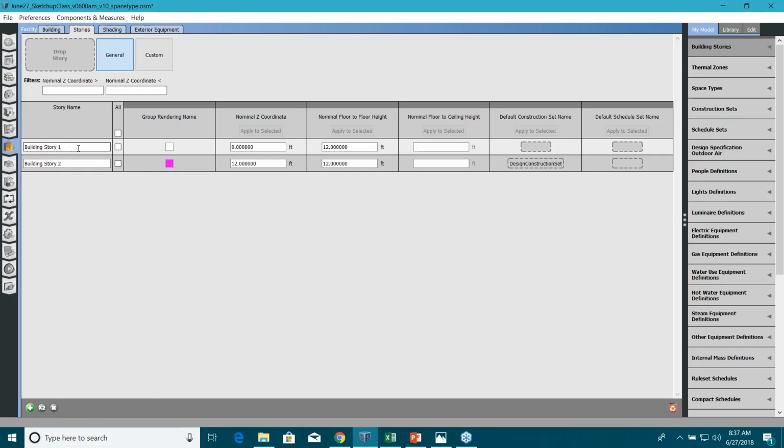In case you have multiple floors, multiple sections of your project, that were constructed in different eras, let's say one building was constructed in the 1950s and another building block was constructed in the 1980s, you can assign a different construction set here. Maybe the same thing for schedules. Maybe the buildings have